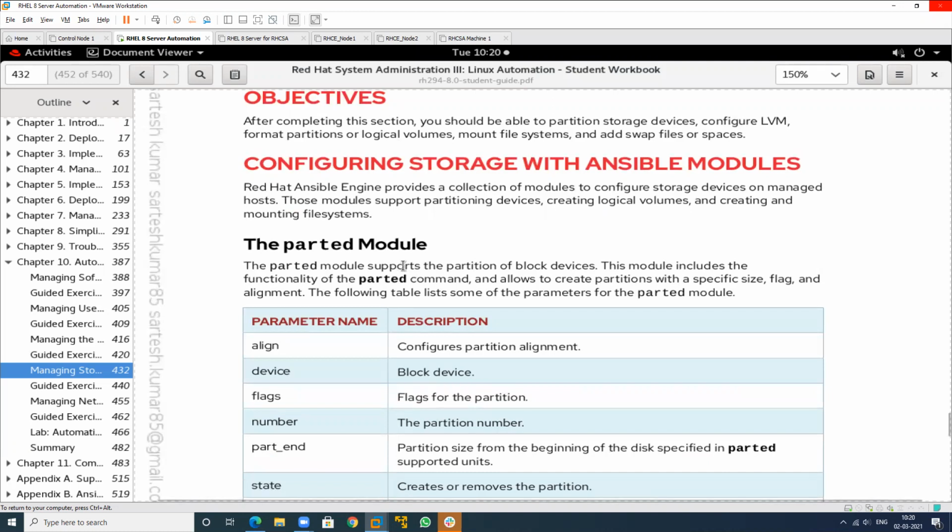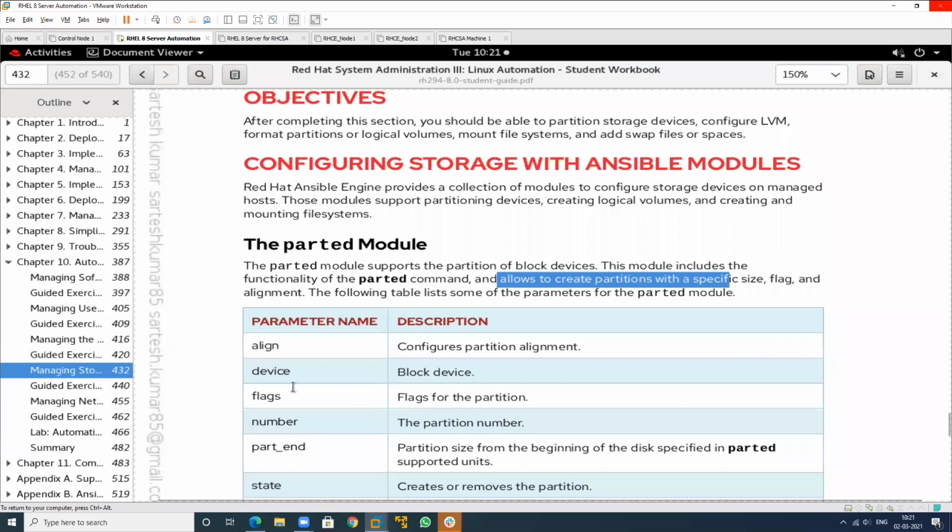Parted also supports the partitioning concept related to block devices. This module includes the functionality of the parted command and allows us to create partitions with a specific size. We can also apply flag and alignment. These are all the parameters: align, device, flag, number, part and state.